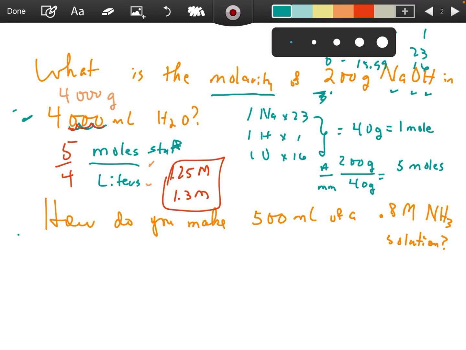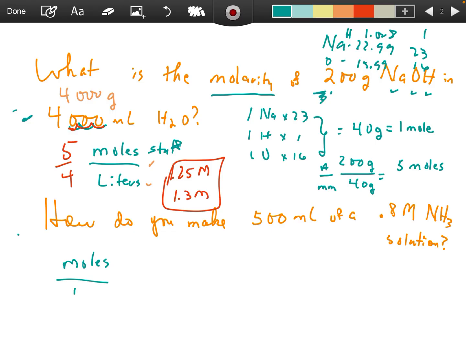Think. All right, so how do you make 500 milliliters of a 0.8 molar NH3 solution? So again, write down molarity: moles over liters. But here you are given the molarity, because it's a ratio. It's always some amount of moles to 1 liter. It's always 1 on the bottom. And so you need to recognize that I can set up a proportion to find the number of moles that I have. Of course, 0.5 times 0.8, you can enter it on the calculator if you want to. It would be a 40, and you would move it 2 spots, making it 0.4. But that's 0.4 moles of this stuff,